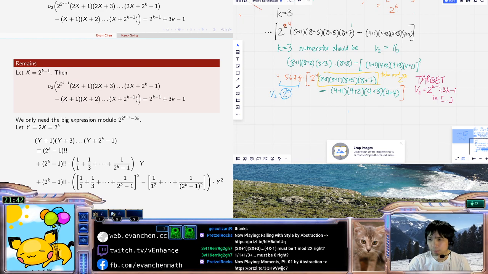completely. Also, the sum of squares, I can't tell whether or not it's 0 mod y by looking at it. I want the y squared term to go away. I really hope the y squared one at least goes away, but I'm not 100%. I think the y squared one should go away. So this one is definitely 0, because you can pair up the terms, so it will vanish. As for the other thing,